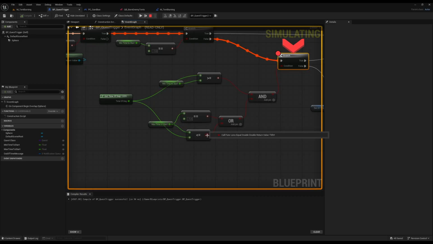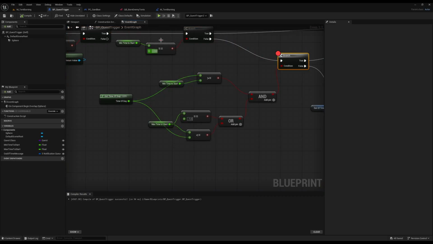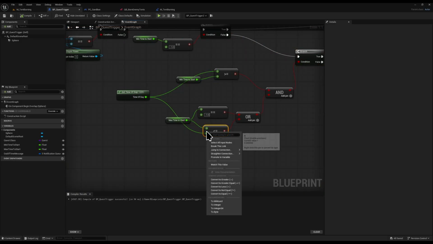But if I come down to this one, it is also false. How come? So you can see our current time of day is 1643. Is that less than the max start time? Well, technically yes it is, but we're doing it the opposite way. We're saying, is 2400 less than 1600? No, it's not. So we can stop that running, remove the breakpoint,